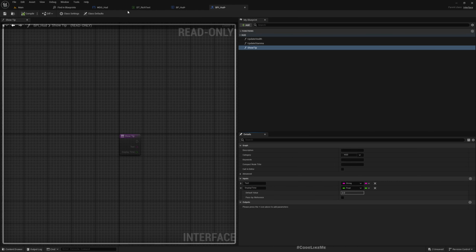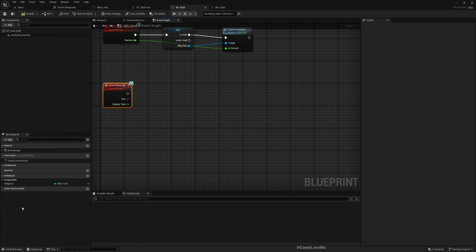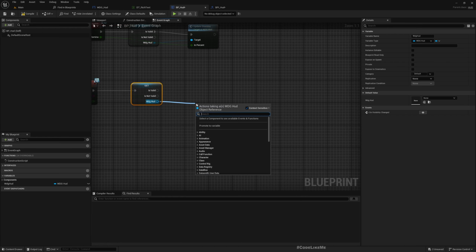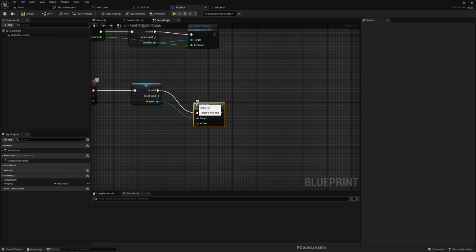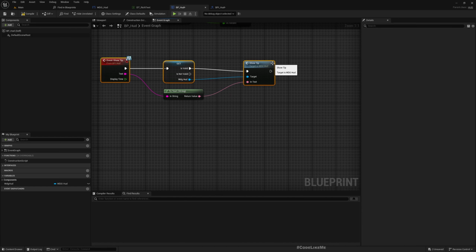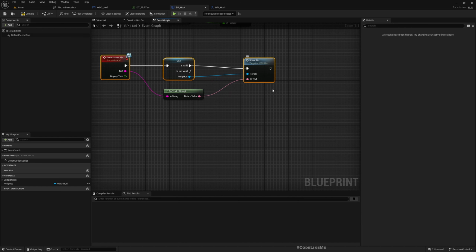Okay, now here get the HUD, convert to a validated get. If yes, show tip. Make sure to call through the widget HUD and pass the text, and then